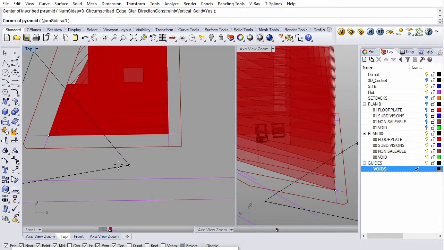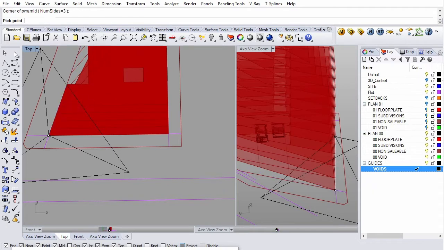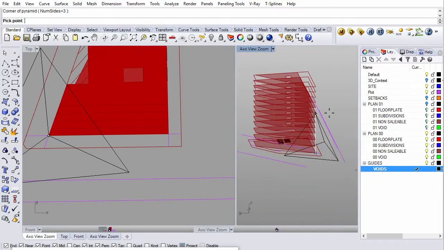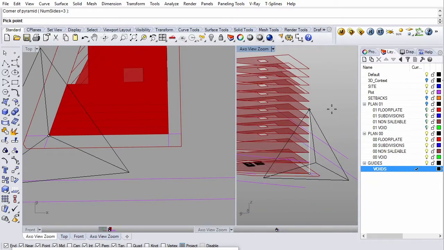And you can sketch this more carefully if you want. And say that's how high we want it to go.